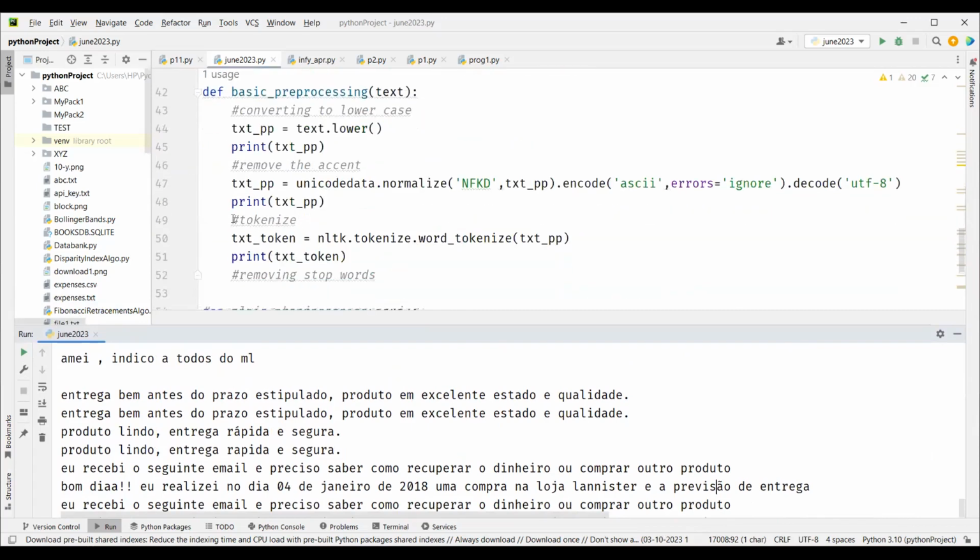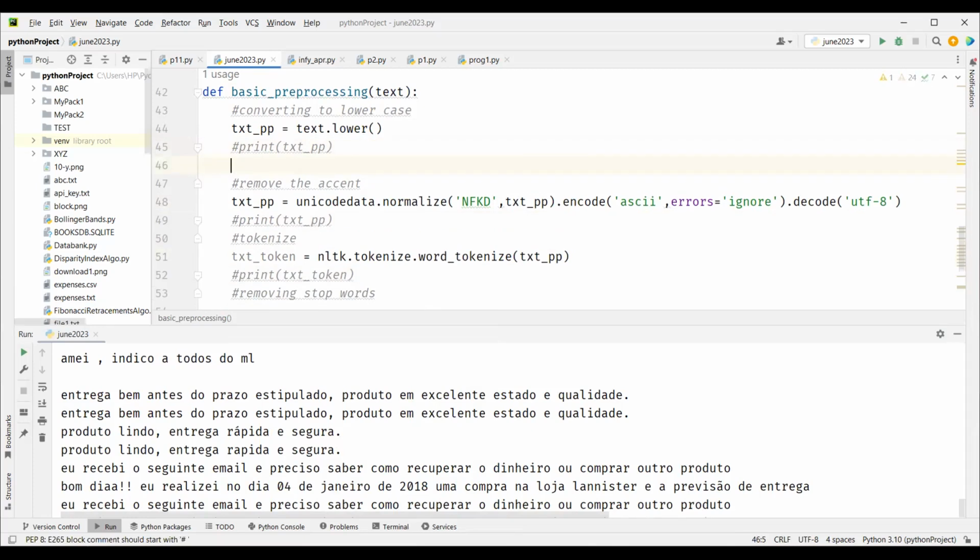So what we'll do here, of course, we'll comment it out. Tokens, we can print it. Now, it's better that we remove the accent before the stop words step. Because the stop words are also Portuguese words. So if we remove the accent from that text, and then we try to search for the Portuguese stop words,